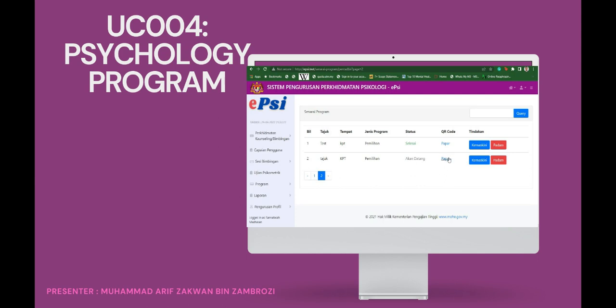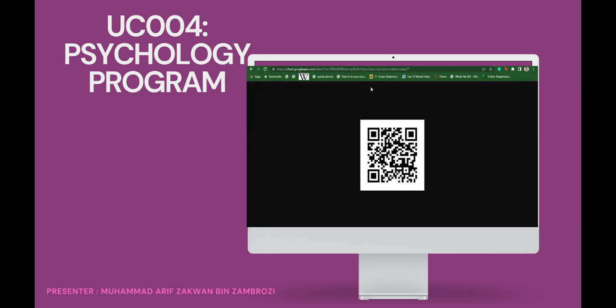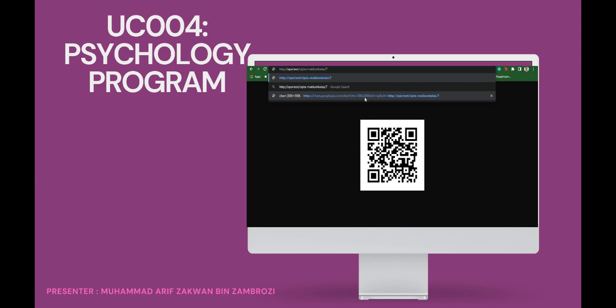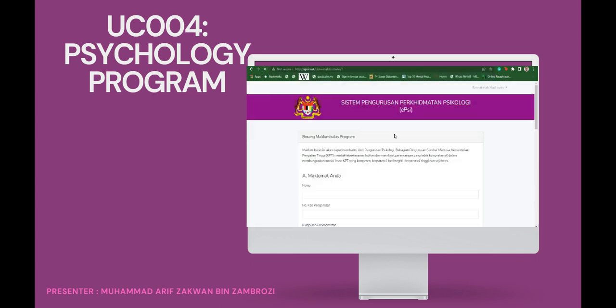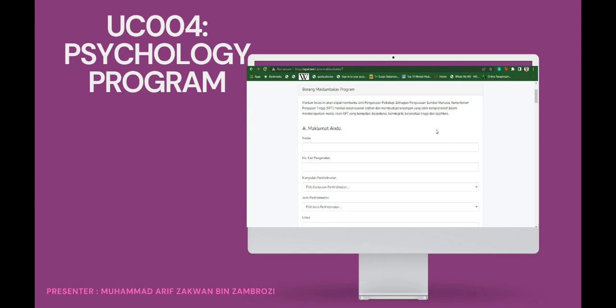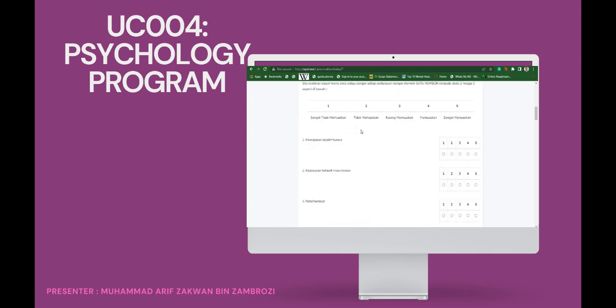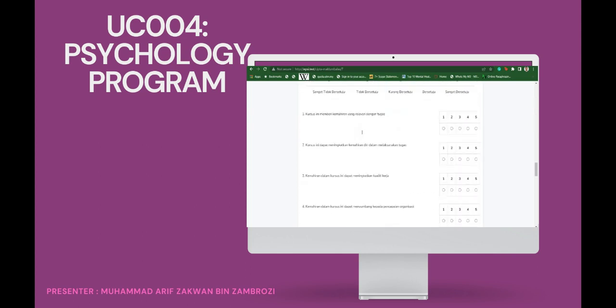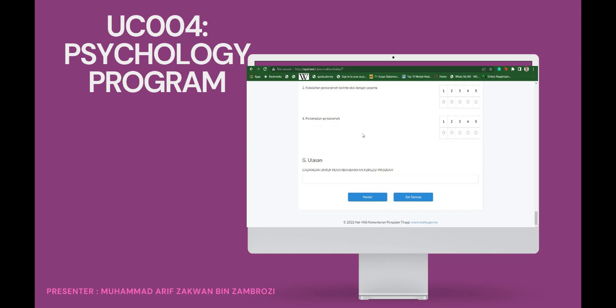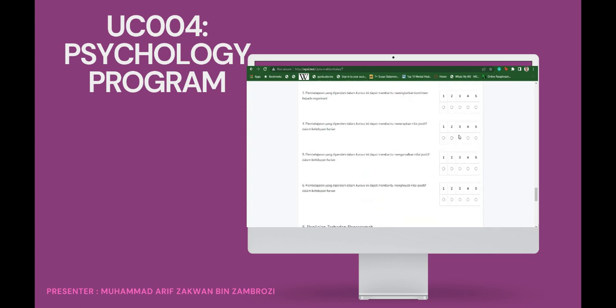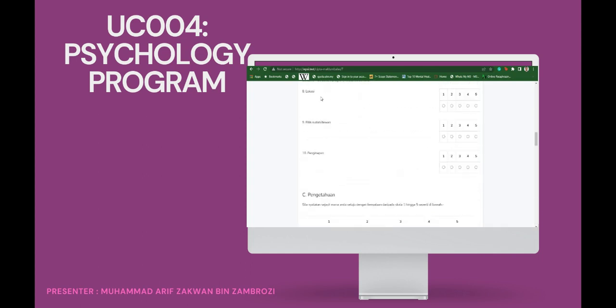To get the feedback from the user, you can go to the QR code and they need to scan it. If they scan it, they can get into the system, which is a borang maklum balas program, a feedback form. They can fill in the feedback form here, all of it, and send it back to the secretaries to analyze. Okay, so the next one is